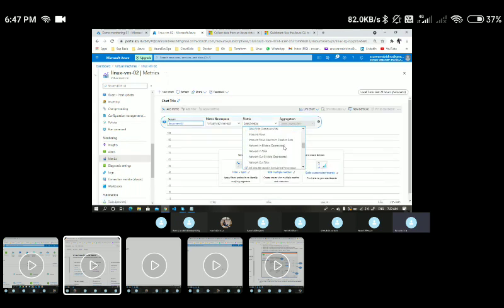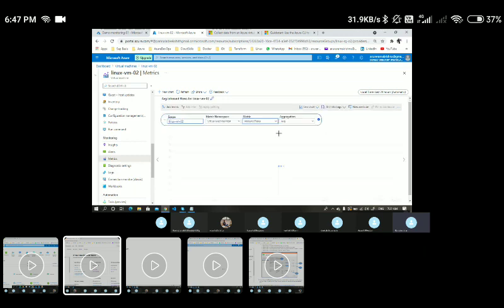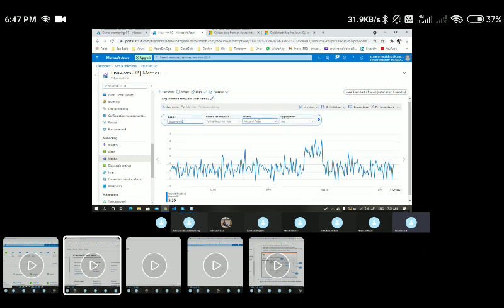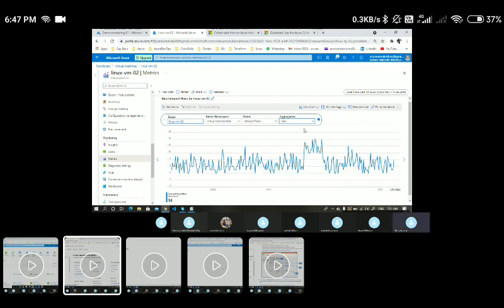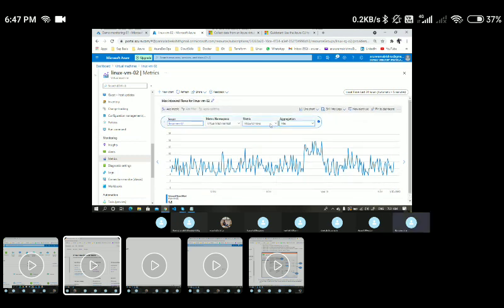We have seen four default metrics, right? Apart from that, if you want to see anything else, let's say inbound flow, or the maximum, you can take those metrics and pin them to the dashboard. Majorly we go with the defaults on the top.